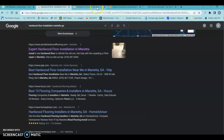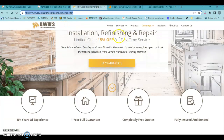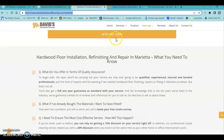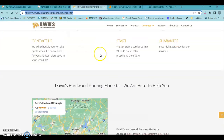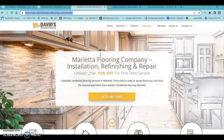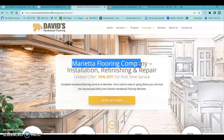So let's take a look at the top competitor because this is local to Marietta. David Shaw, I believe the name is. David's Hardwood Flooring. So this is their website. Okay, it's bright. They have a good looking website. Not a lot of content on the homepage, but it's what's in the content that makes all the difference. So if you notice, when you get your website built, which I'm sure you will eventually, he has Marietta Flooring Company right dead in center,